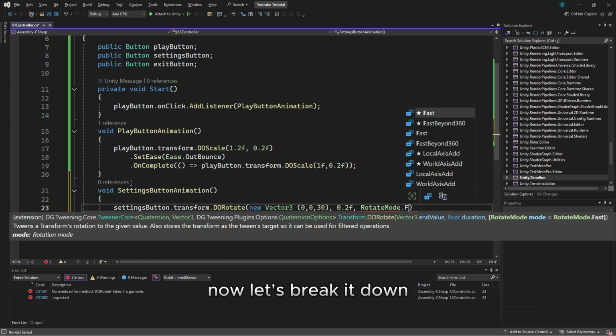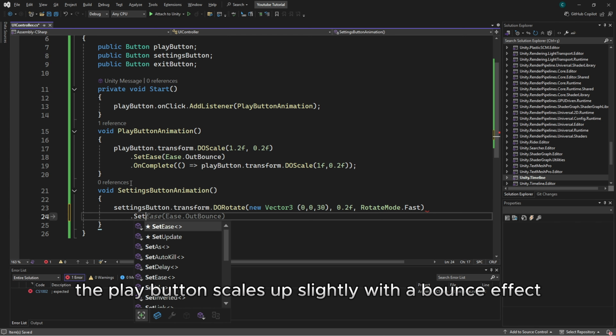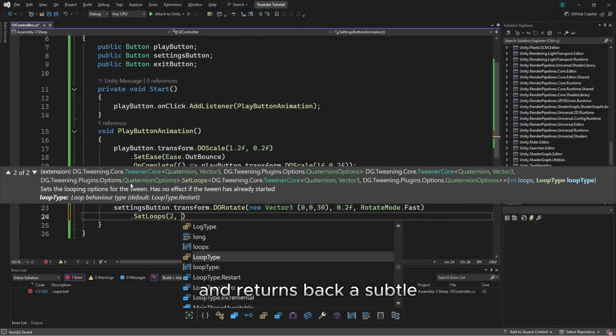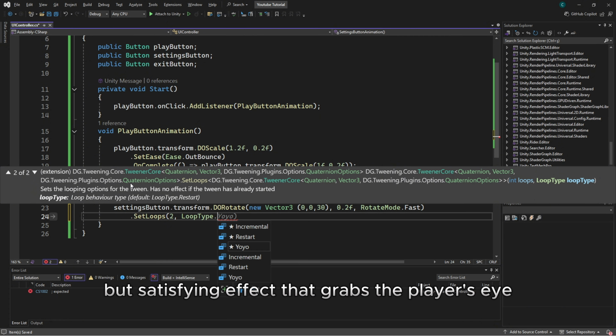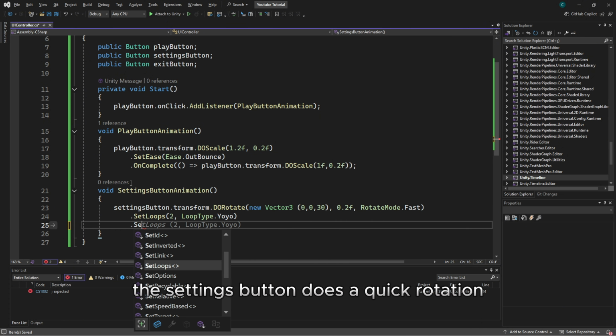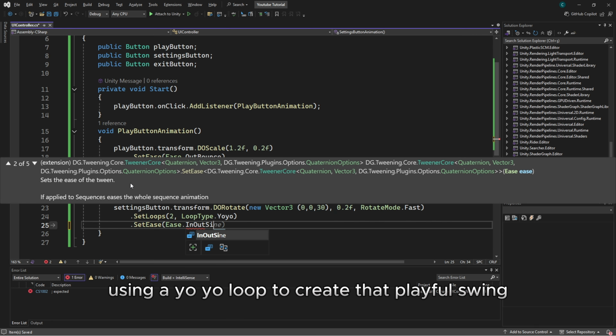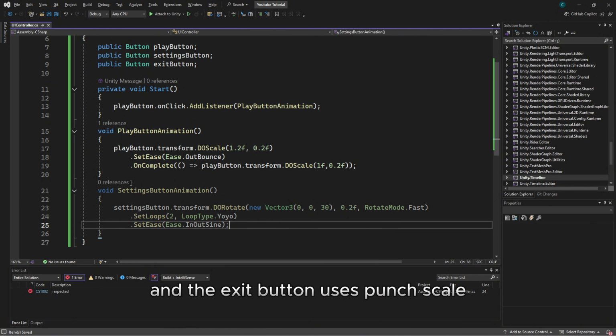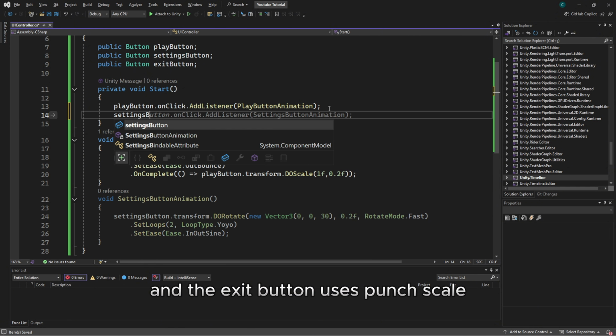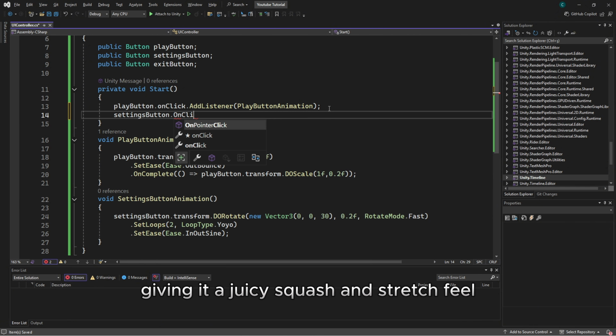Now let's break it down. The play button scales up slightly, with a bounce effect, and returns back, a subtle but satisfying effect that grabs the player's eye. The settings button does a quick rotation left and right, using a yo-yo loop to create that playful swing. And the exit button uses punch scale, giving it a juicy squash and stretch feel that mimics a